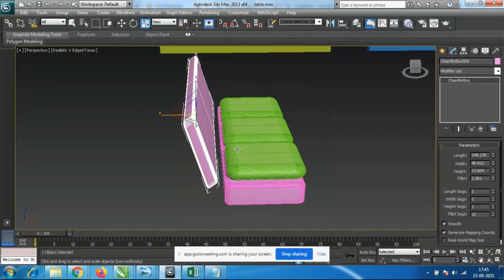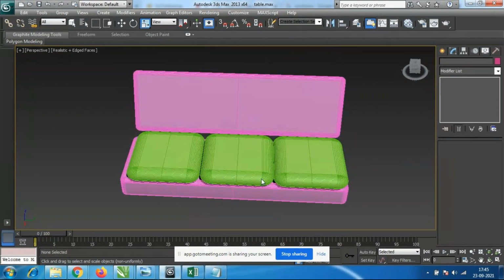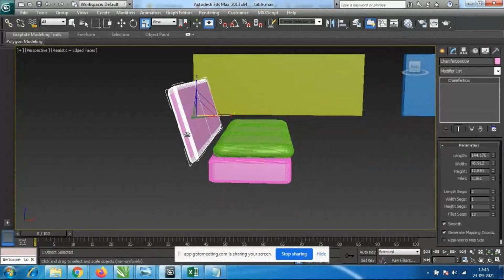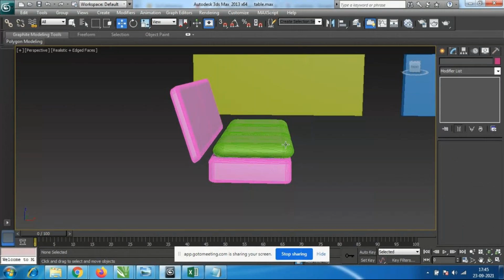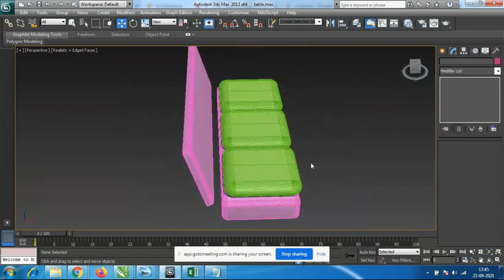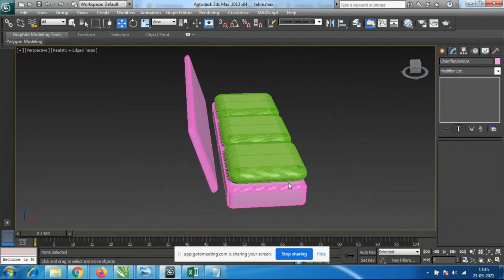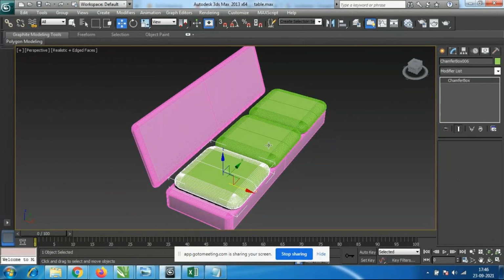See, better go to this manual option, height. Okay, so here I can place the cushion. I can make it more thinner. This one not necessary, we are adding the cushion. So what I'll do, I'll press shift.